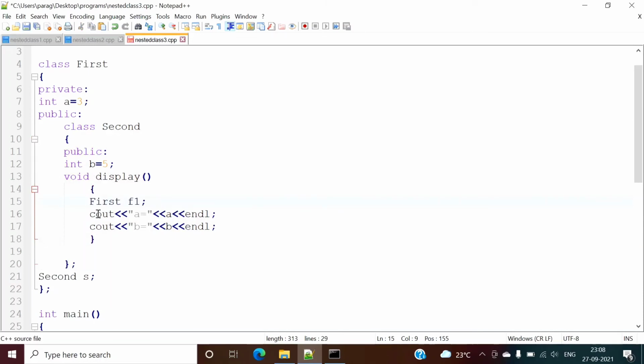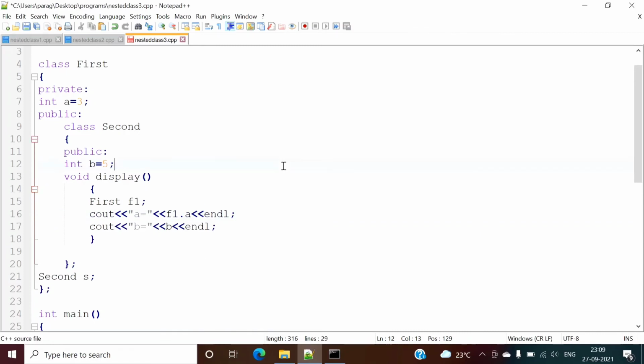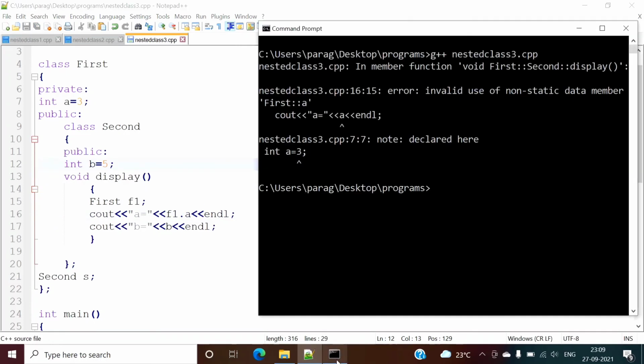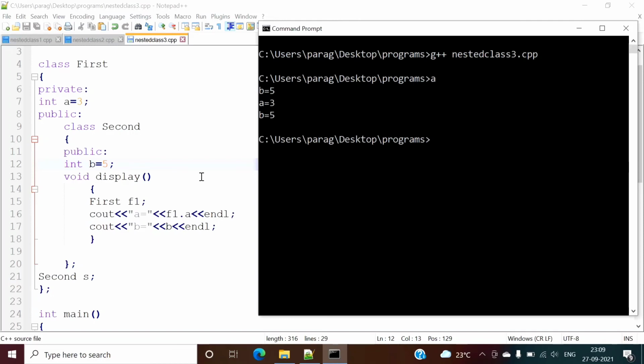So see, we are creating the object of this class inside this class, and here we can access it by using this object. Now we will run this. The program got compiled, that means no error, and here we got it. So b is equal to 5, a is equal to 3 and b is equal to 5.